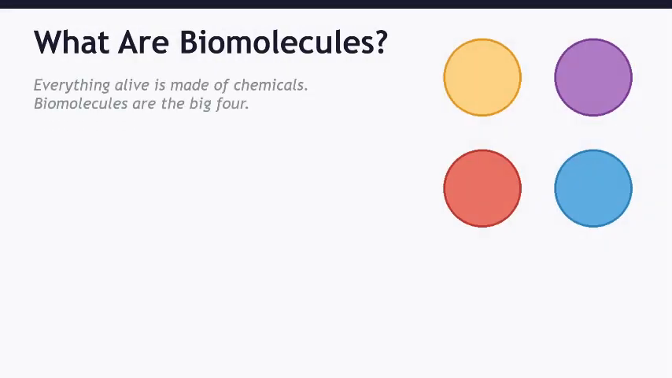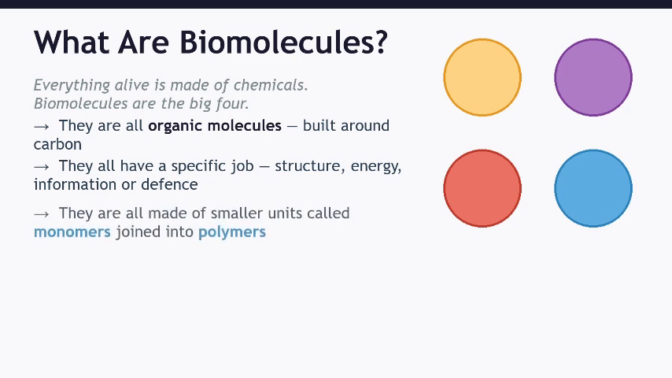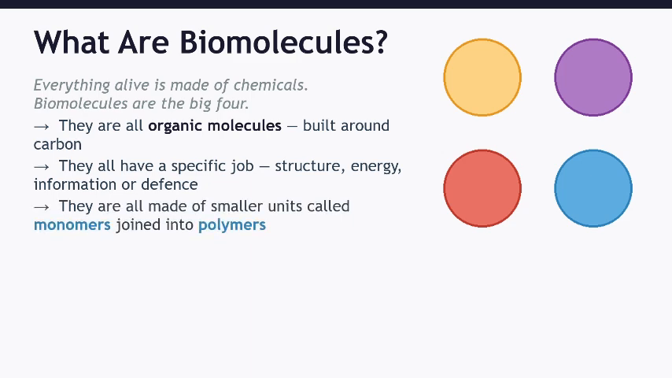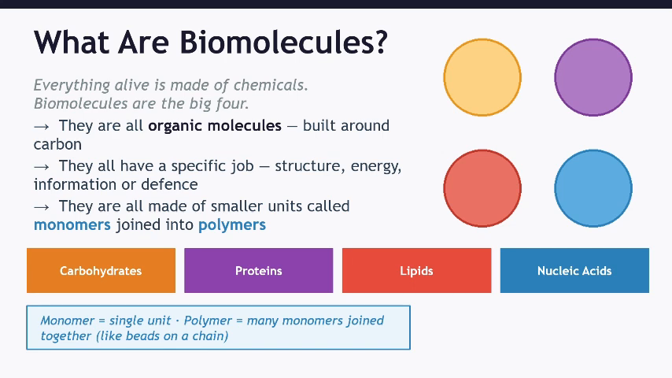Biomolecules are exactly what they sound like: biological molecules, the chemicals that make up living things. And here is the key thing: they are all organic molecules, meaning they are all built around carbon. Carbon is the backbone of life, and all four of our biomolecules follow a very important pattern. They are all made of smaller units called monomers, which join together to form larger chains called polymers. Think of a monomer like a single bead and a polymer like a necklace made of hundreds of those beads. Simple idea, massive consequences. The four biomolecules are carbohydrates, proteins, lipids, and nucleic acids, and each one has a very